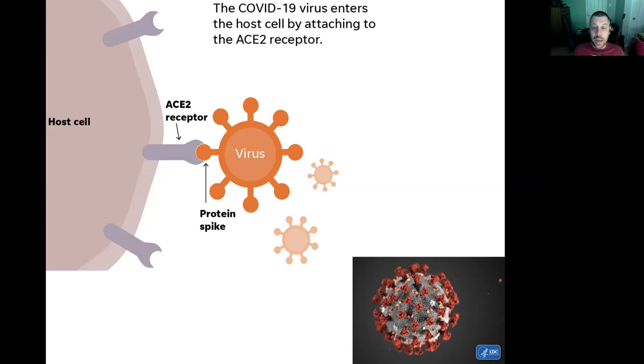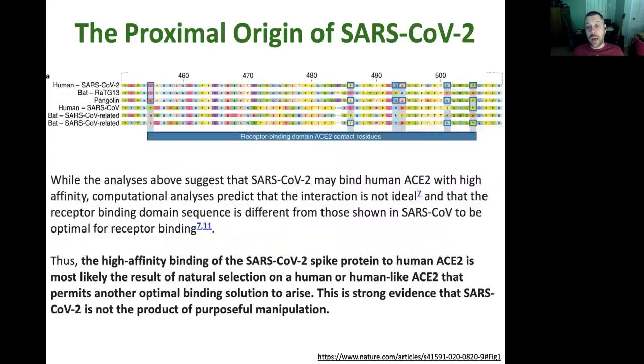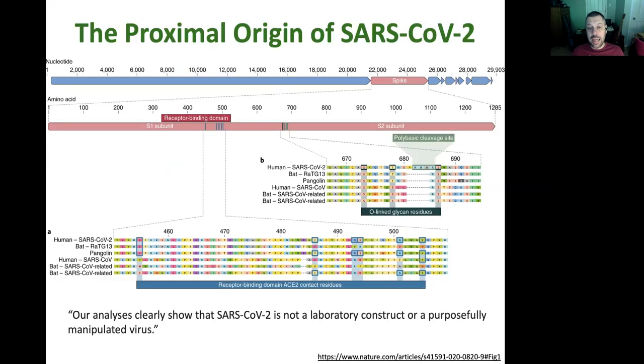And the protein spike, part of this corona or crown of proteins, interacts with the ACE2 receptor. And that's what that recognition event allows this virus to get into human cells. So this spike protein that we're looking at here is really important. And what you can see if you look at the amino acid sequence and you compare the human SARS to